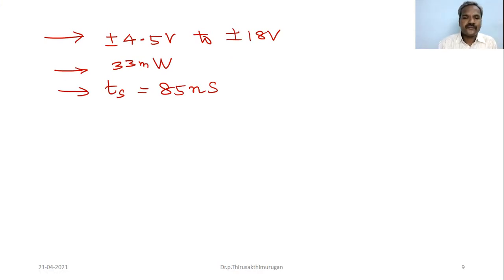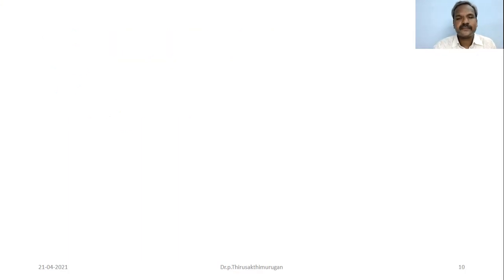The remaining details we will discuss as we go. So for the positive reference source, if we give V reference equal to 5 volt, that is, we apply plus or minus 5 volt for a single source, we will get a maximum output of 5 volt for zero input. Understand or not? So let's see the circuit diagram.